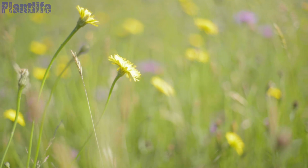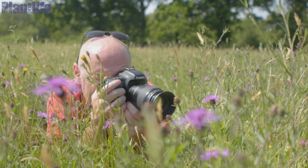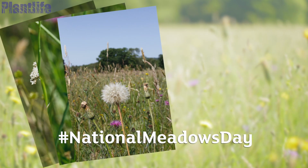Any photos or floral artwork posted on Instagram with the hashtag National Meadows Day will be assembled to make a rainbow of flowers as a universal message of